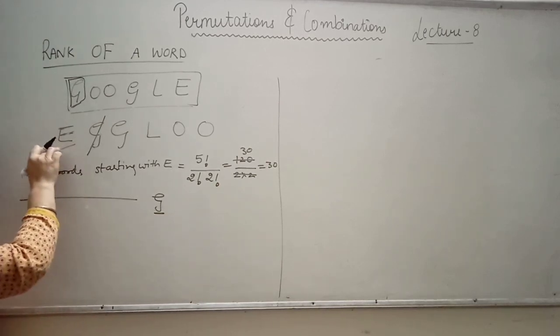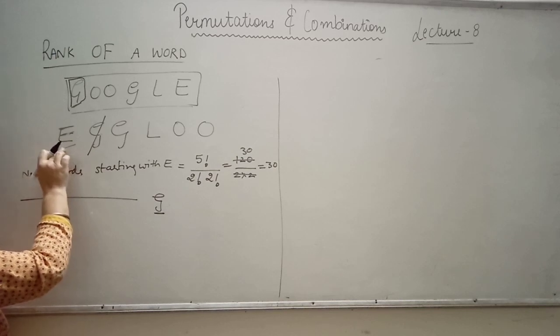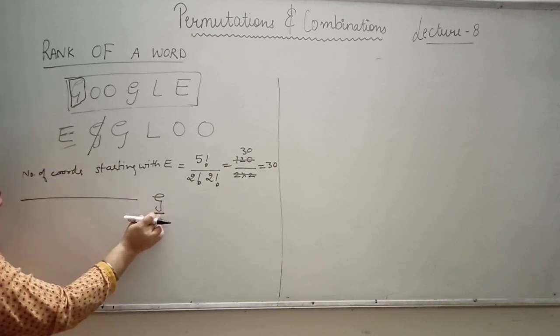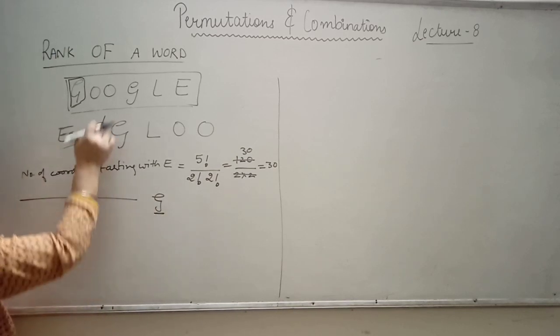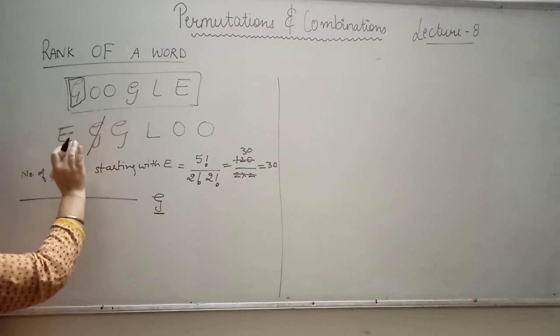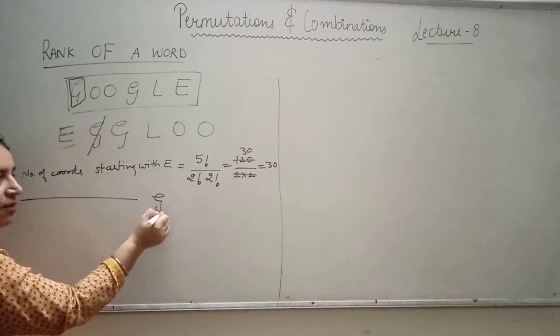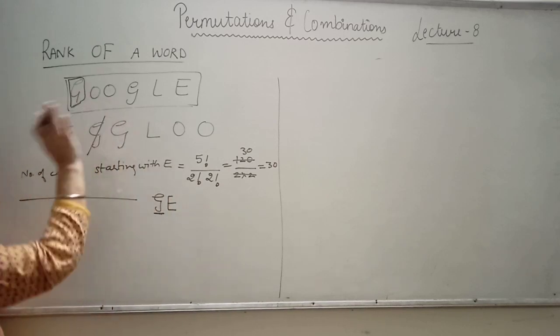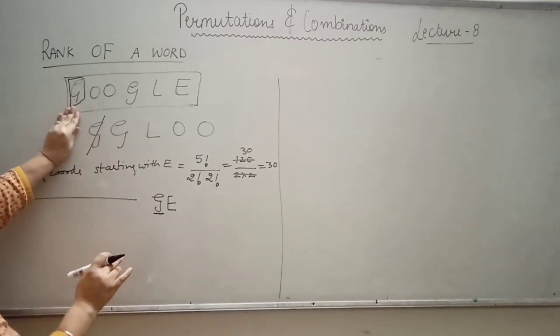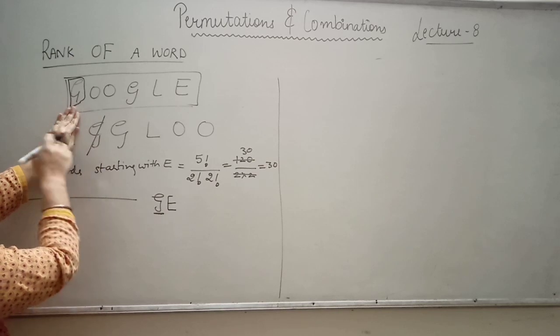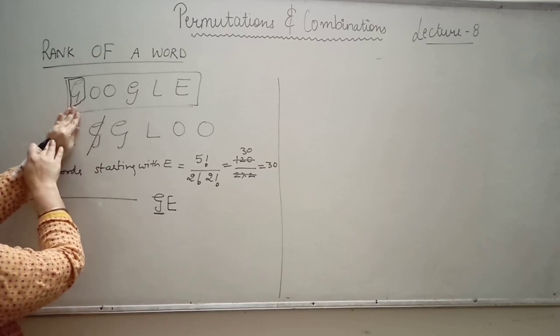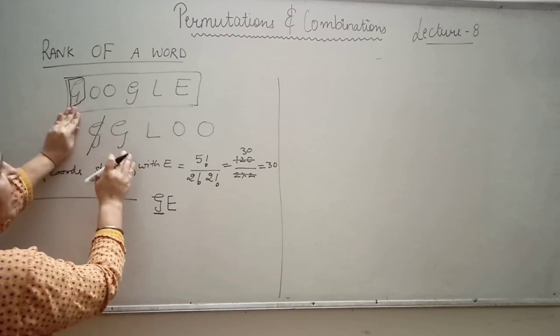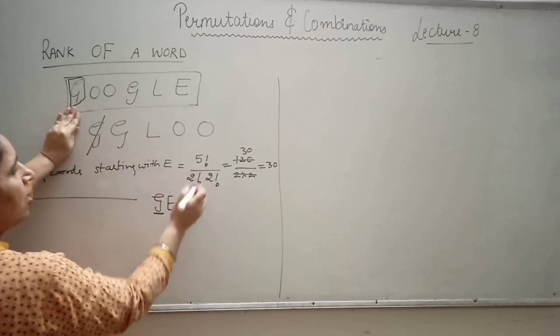So again I will start from here, but now I will write it along with G. G is cut from here, because it has come here. Now again start with E. E is not here. Okay. So now I will hide this E because G is cut and E I have covered it. So how many are left here? 1 2 3 4. So 4